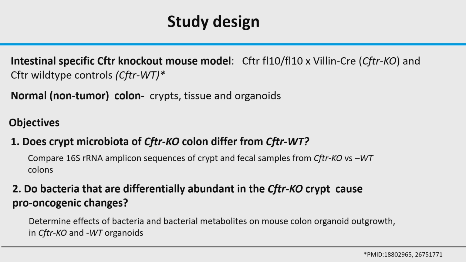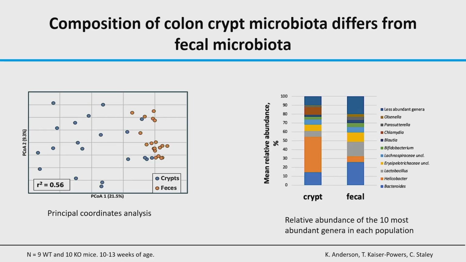To explain that, outgrowth depends on the number and fitness of stem cells in the original population, and also the favorability of the experimental environment to the growth and expansion of those stem cells. Since many colorectal cancers are thought to arise from intestinal stem cells, factors that promote outgrowth have the potential to be oncogenic. Okay, so going back to our first objective,